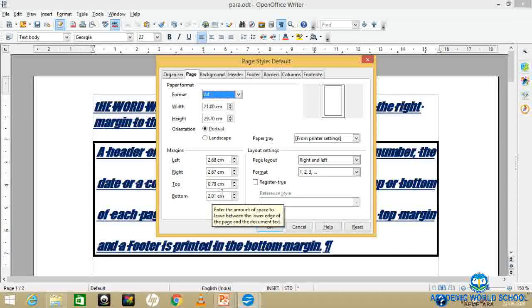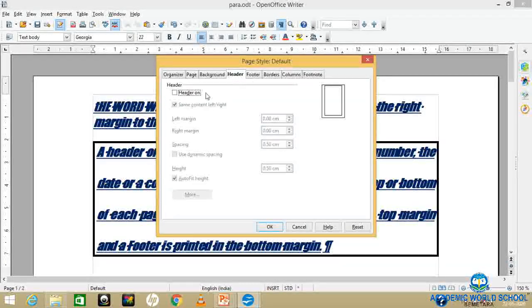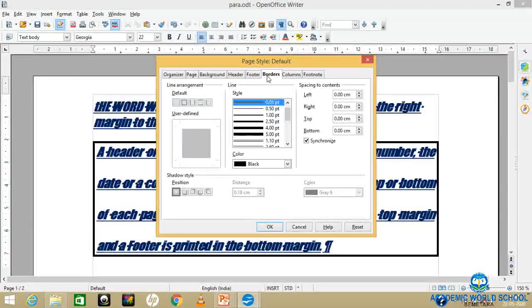See, this is your portrait page. Now you can see here, if I select this page, see, this is widthwise and that was the lengthwise, portrait and landscape. So this was your page. I'll select portrait here.